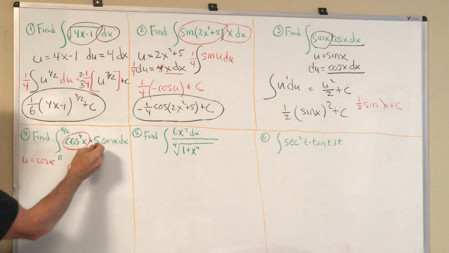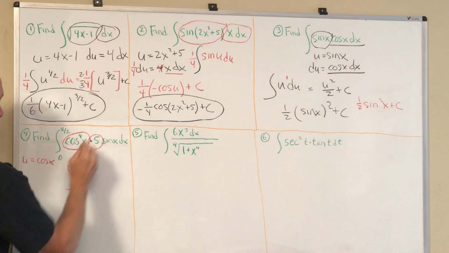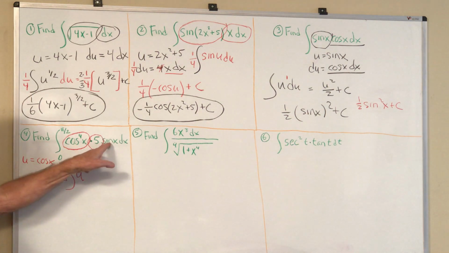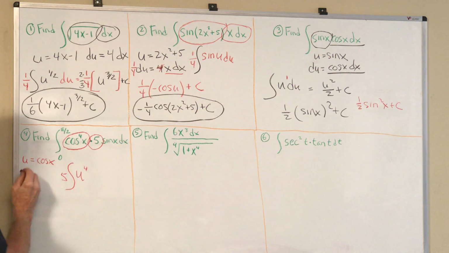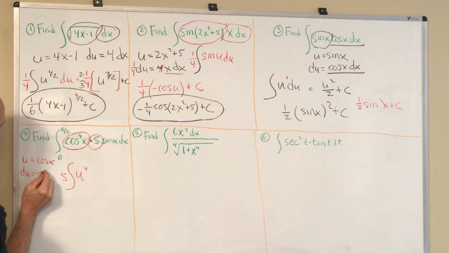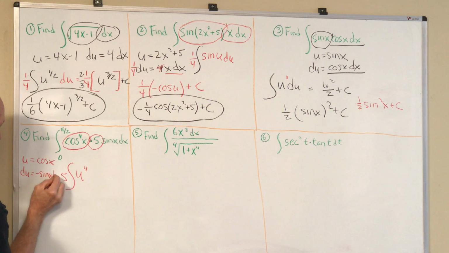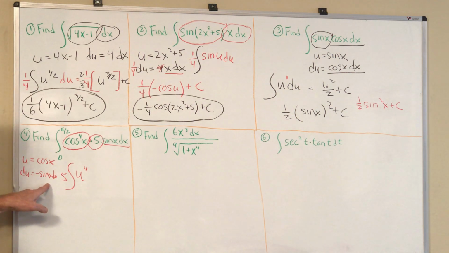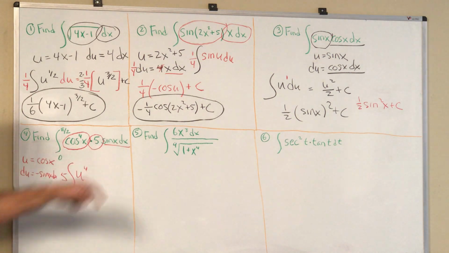The 5, I can just put out front. And what's left? Sine of x dx. Well, du is what? Minus the sine of x dx. Almost what we've got here. So that means that sine of x dx is just